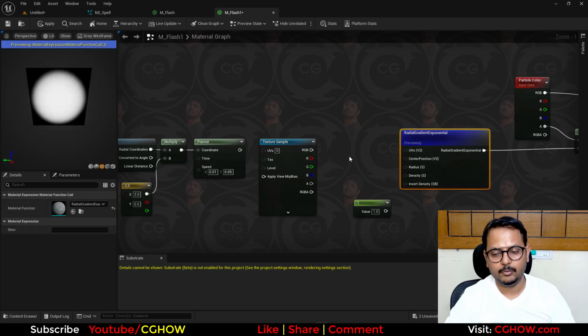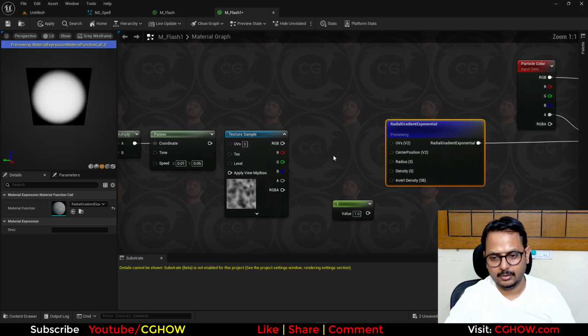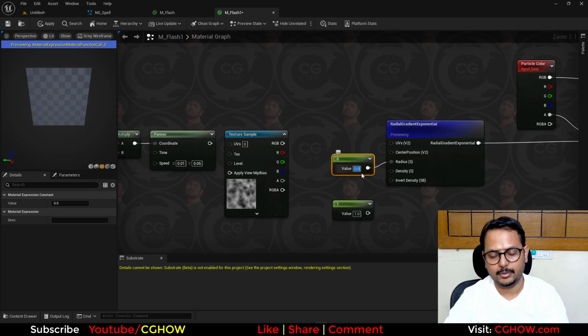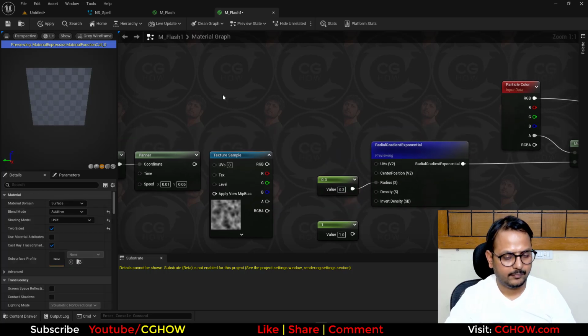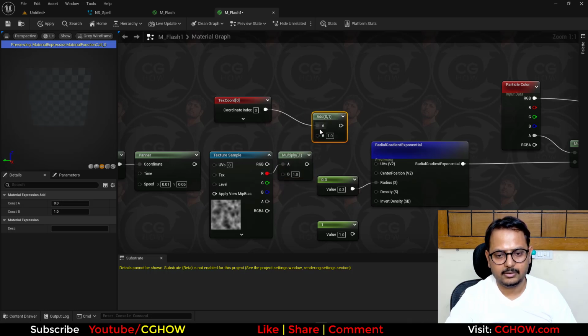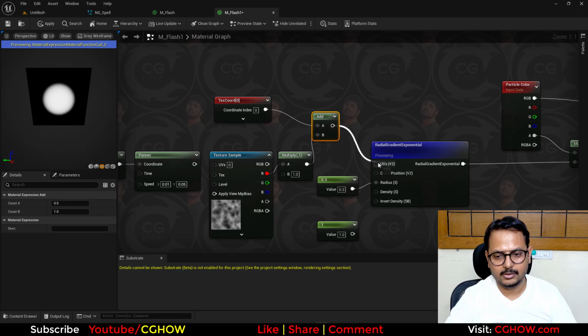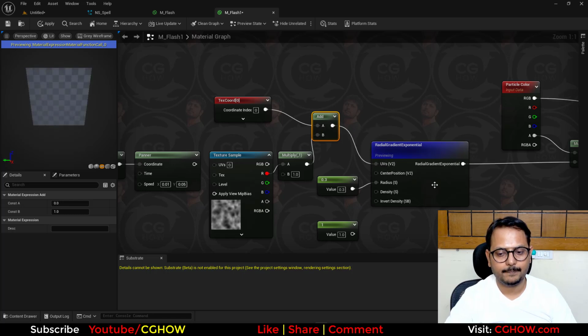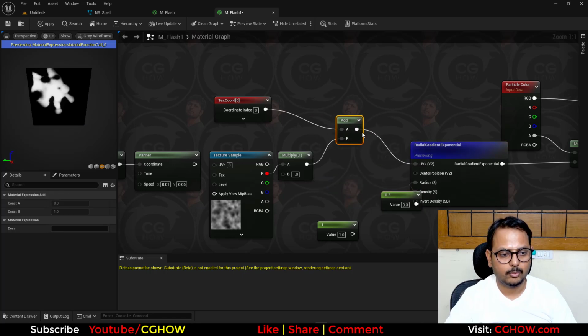So if I preview this and make the radius little down, maybe 0.3, and we take texture coordinate and multiply this noise and then add this on this, it will distort radial with this noise, but all